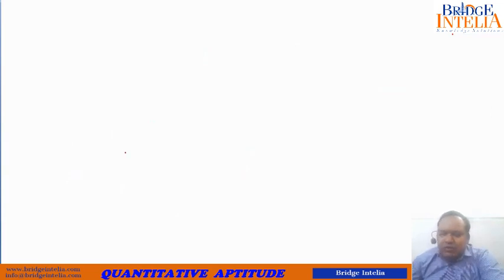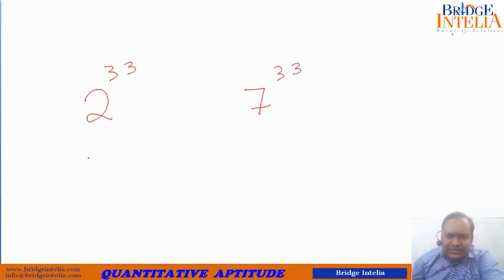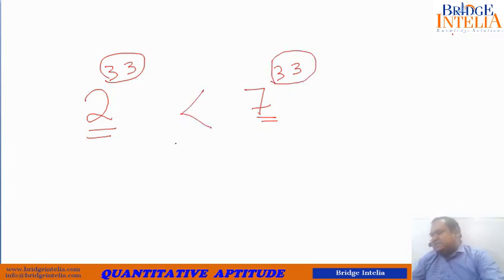Similarly, you can also compare two exponents if their base is not the same but the power itself is the same. For example, if I ask you which of these is greater, is 2 to the power 33 greater or is 7 to the power 33 greater? Here, as you can notice, the bases are different. The base for one is 2 and for the other it is 7, but what is constant here is the exponent itself. So here again you can easily conclude. You can see for yourself that it is very easy to compare indices if either the bases are the same or the exponents are the same.